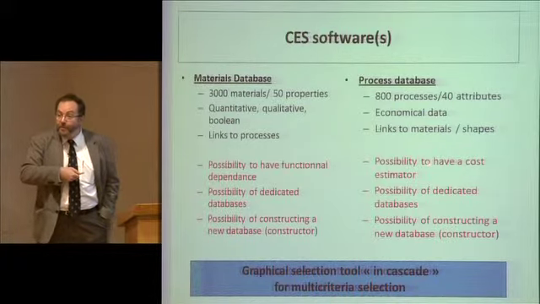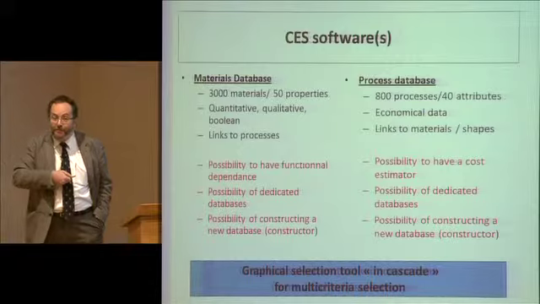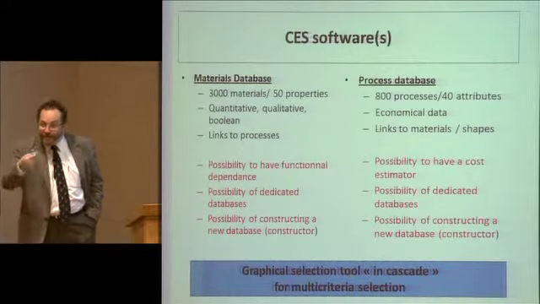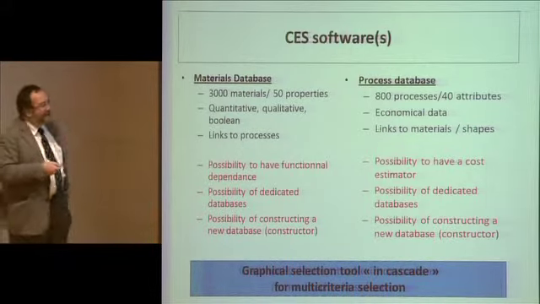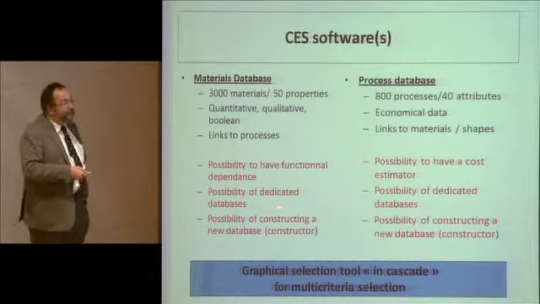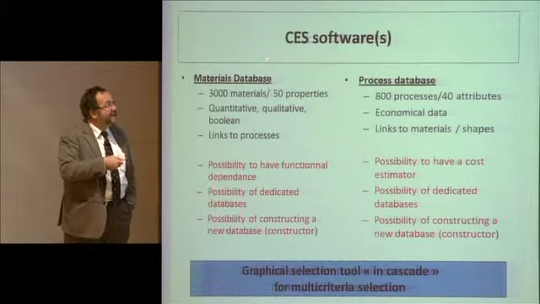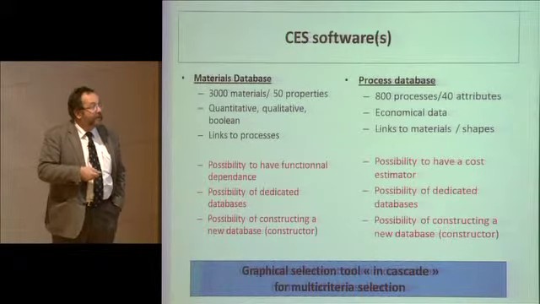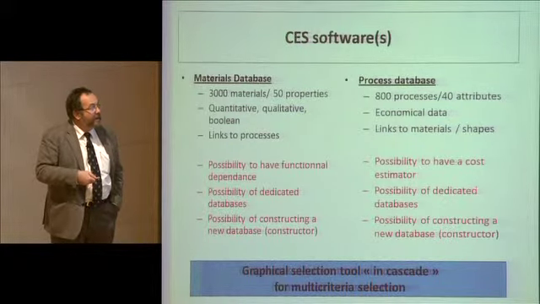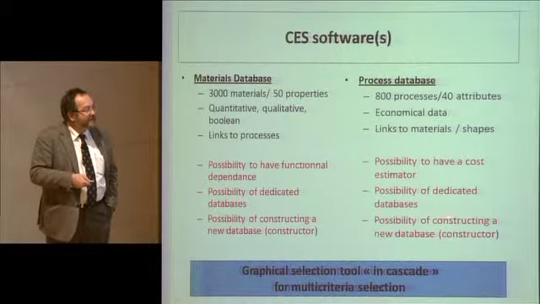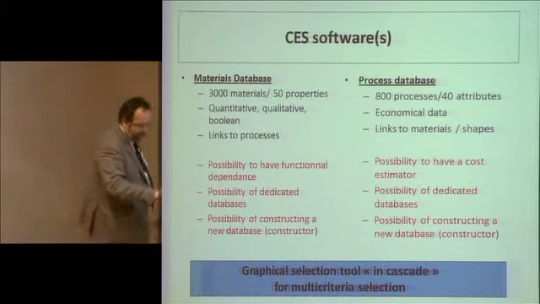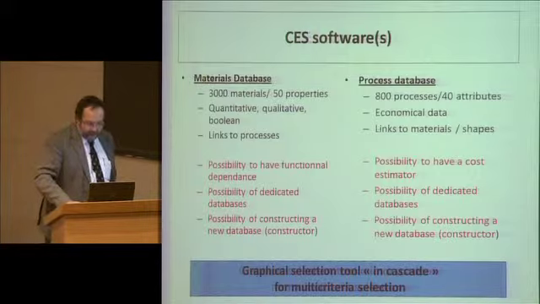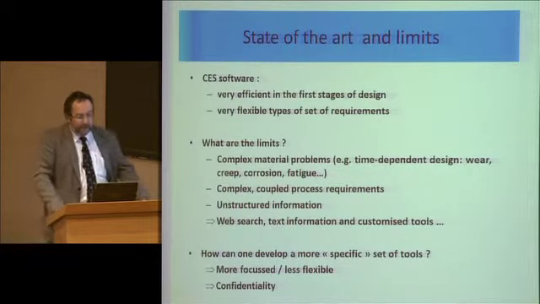You can have specialized databases. I'd even actually made one to select wines based on cheese. It's actually very similar in terms of process. And that is the state of play of current software that exists in the public domain. There's a cost estimator. You can have specialized databases on both sides. So obviously now,